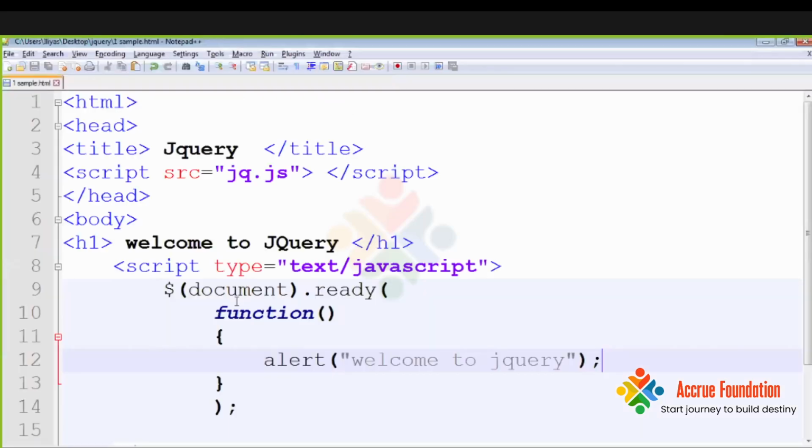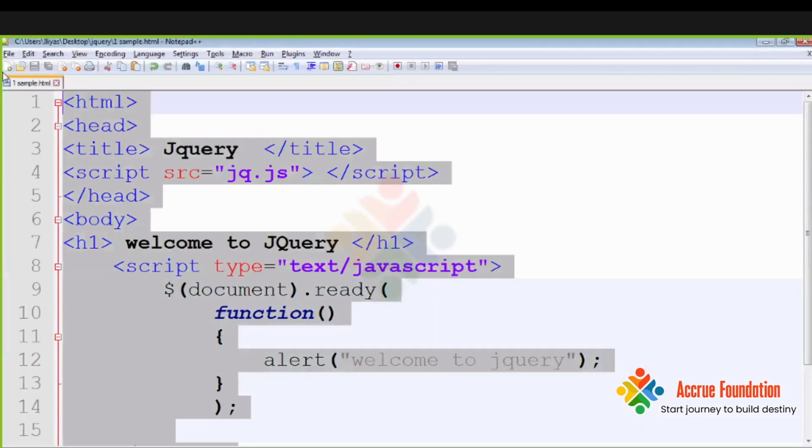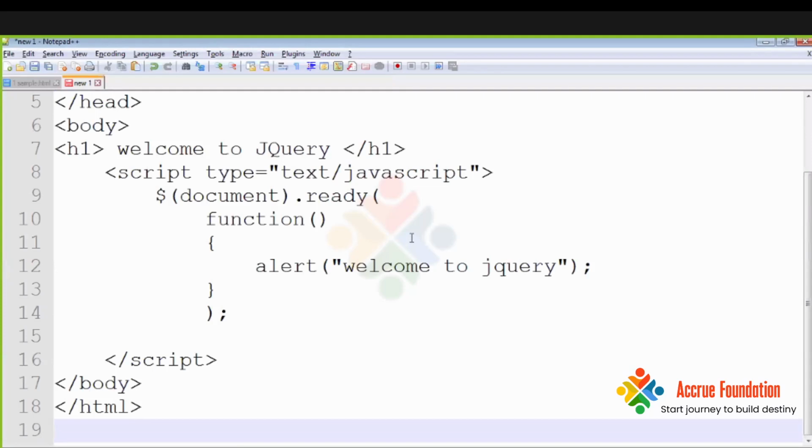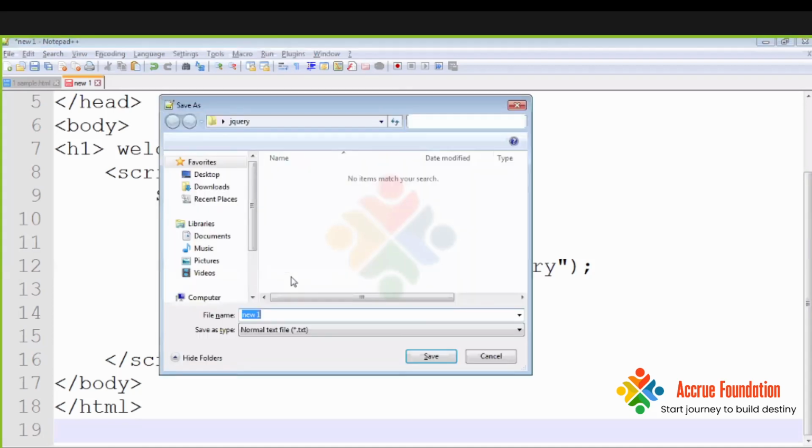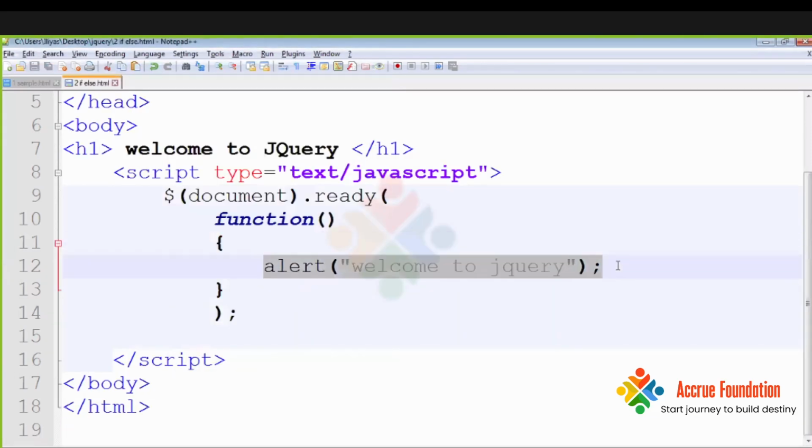Now let's do some more examples. For example, I want to hide an image or display some information as per authentication. So let's do the authentication problem. I'll use if else. First, I'll take a variable when the function is starting.